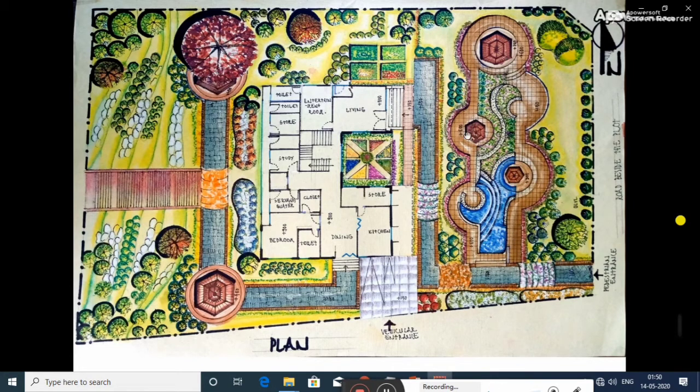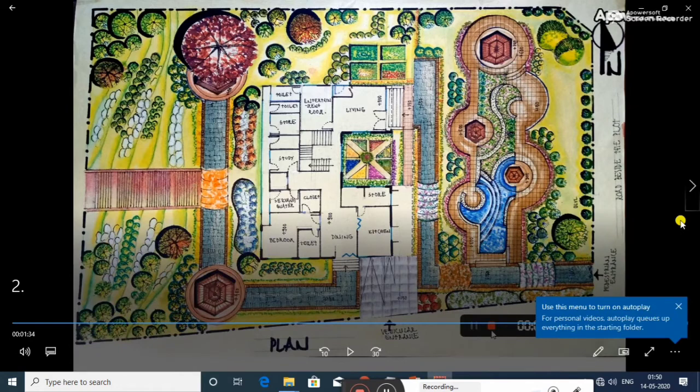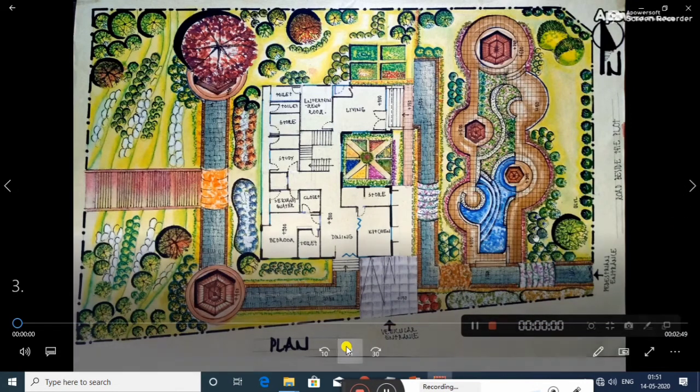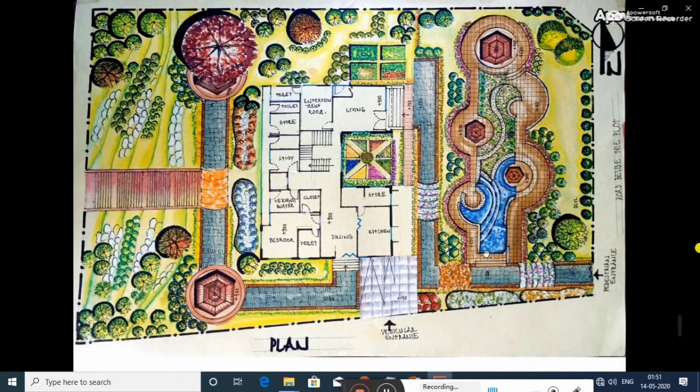The left side of these two is 450 mm high from the right side. Anyone has to step up 2 steps to get to the left side from the right side.